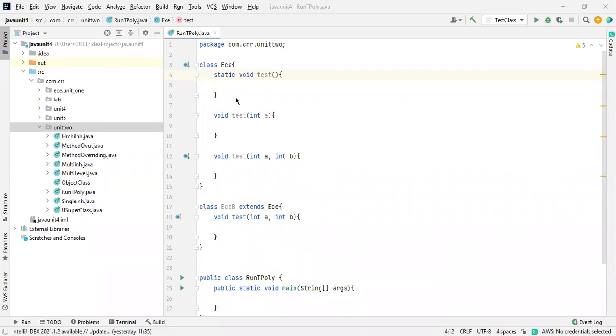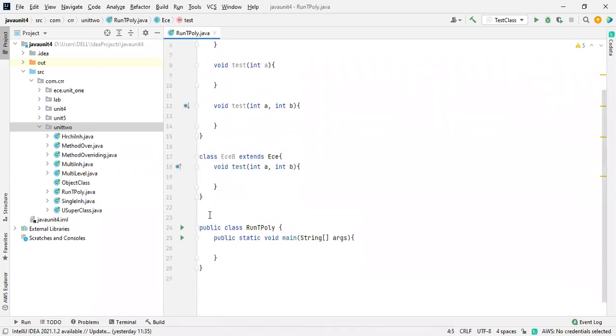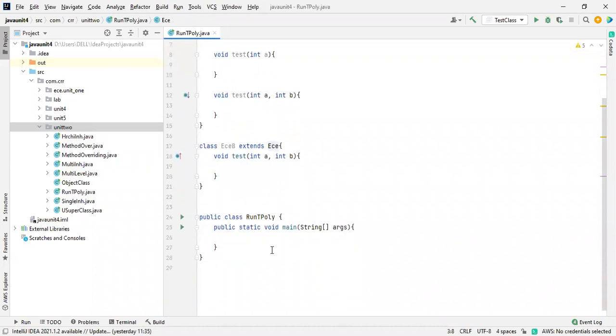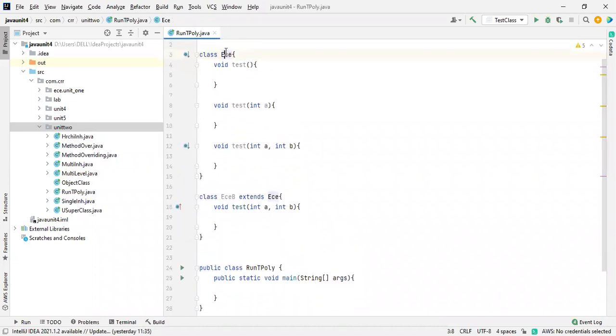Is it available or not? Okay, I will take my own example like this. I'm going to remove this, not required right now. If I want to use this class and print the values of this ECE class, let me remove this one.